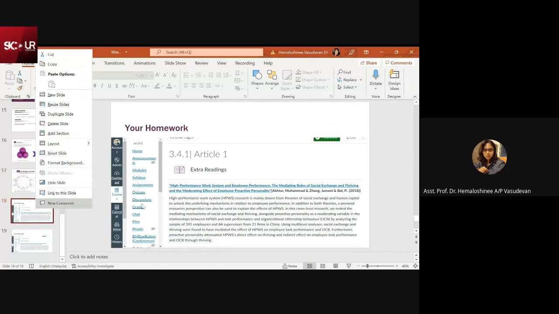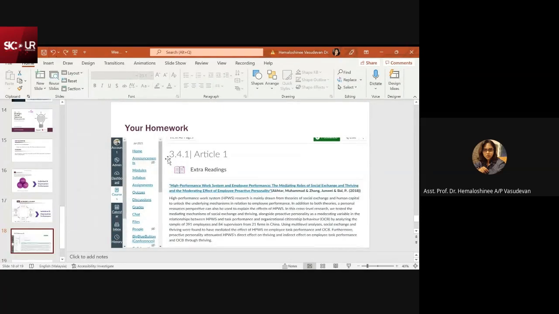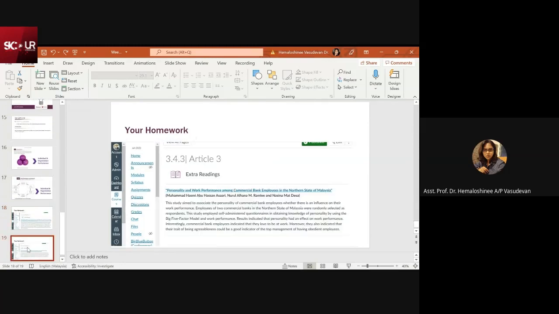So this is an article, an extra reading, but I already uploaded the article which is related to your chapter 2. So this is not important. You can find this kind of article. It is a sample: a high performance work system and employee performance. You can Google and find these kinds of articles on Google, not in the Eurox. This one, my one, I already uploaded for you to read up. This is additional that you can find from Google Scholar, all that. Okay, so